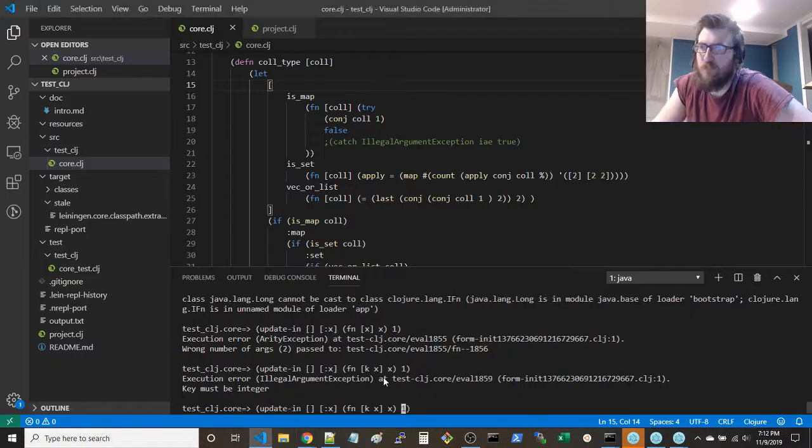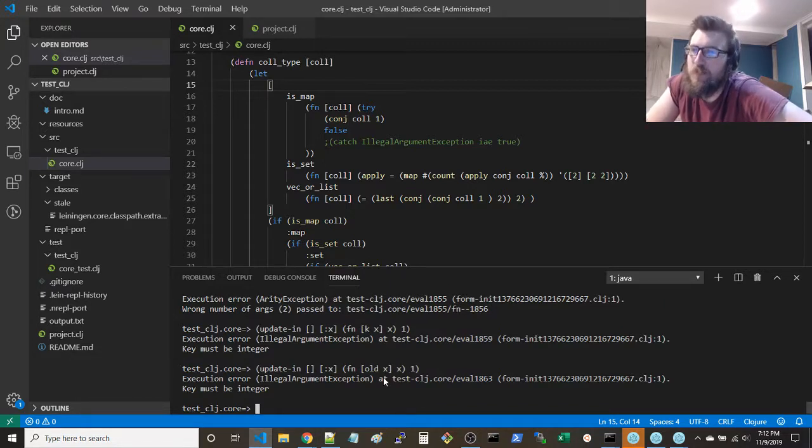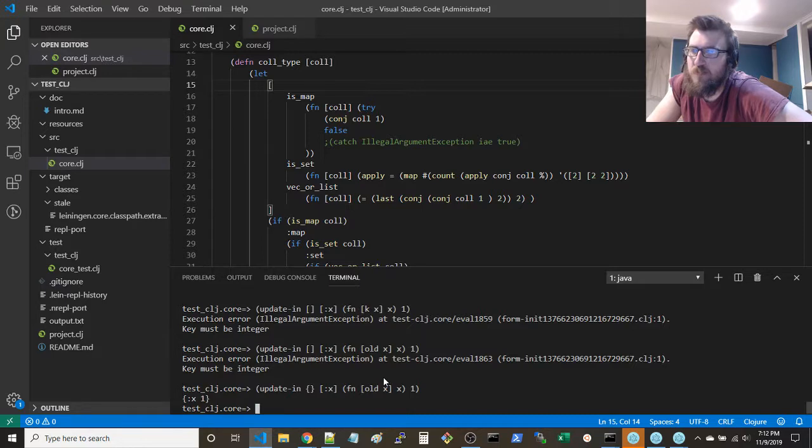Oh, okay. So we have the old value x, something like this. This doesn't work? Key must be an integer. Yeah, you get the same error. If it looks like this, then you're fine.